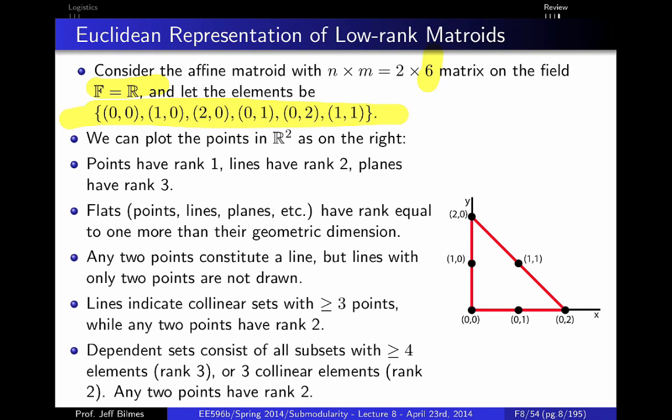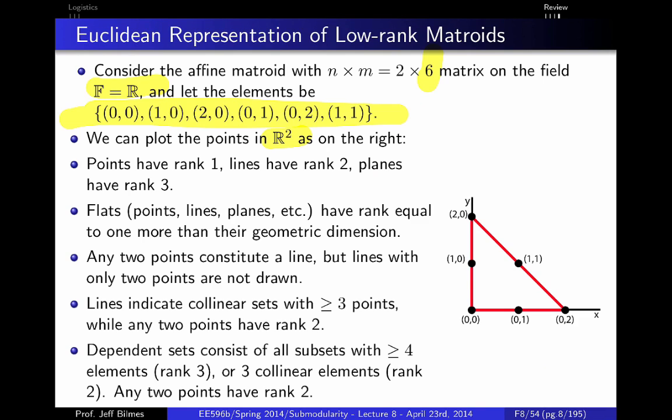So it's a very simple one. And so what we do is then we plot these points in R2 on the right. So this plot here gives the points. Okay, so what we're going to say, just as a designation, is that the rank of a set, in some sense,